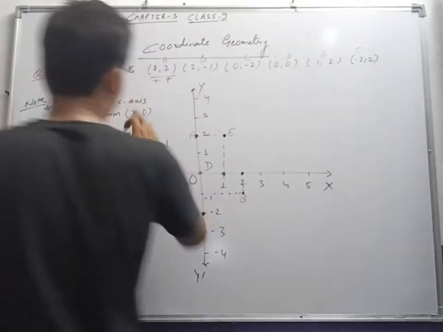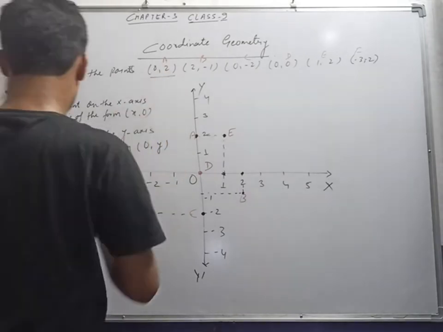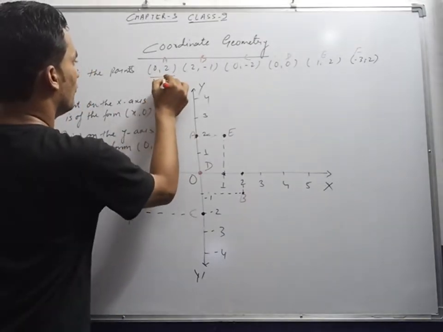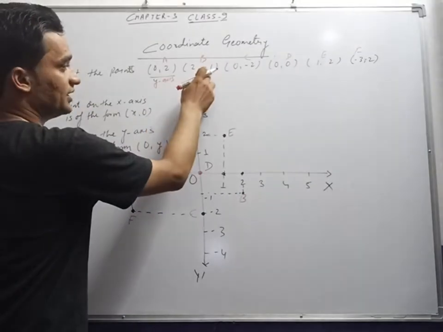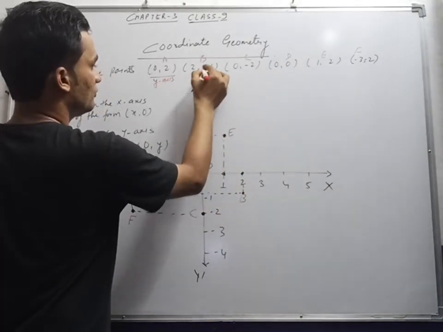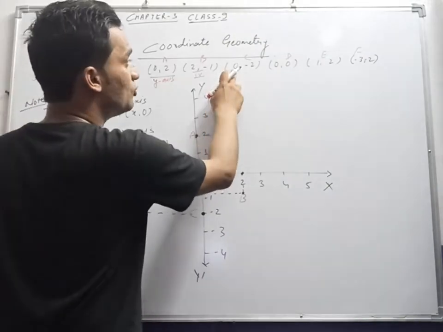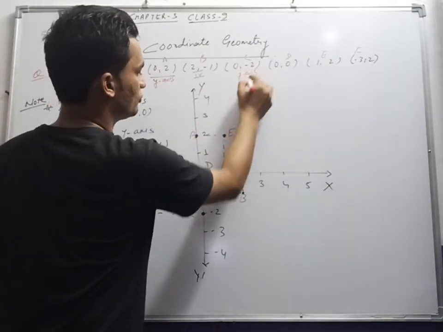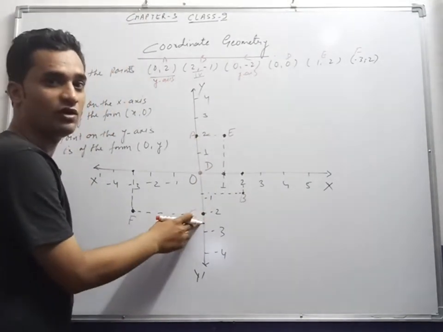So here x is 0, it means it will be lying on the y axis. I will write y here. Then (+, -) belongs to the fourth quadrant, so this will be on the fourth quadrant. The (+, -) B point is coming here. Then (0, ...), value of x is 0, again it will be on the y axis. The C point is on the y axis.